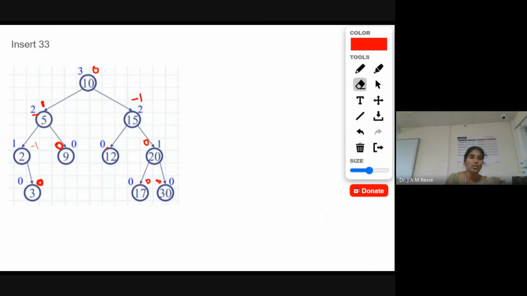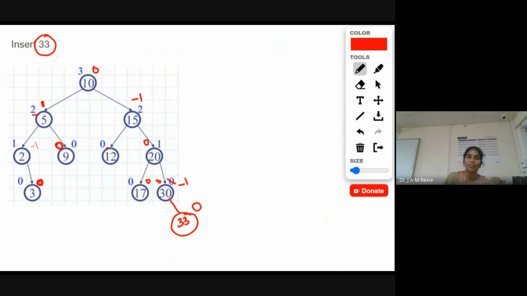Now we are going to insert the value 33. 33 is greater than 10, greater than 15, greater than 20, and greater than 30. So this has to be inserted at the right of 30. Okay. So now the balance factor of 33 will be 0, and for